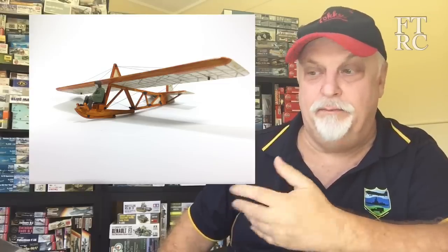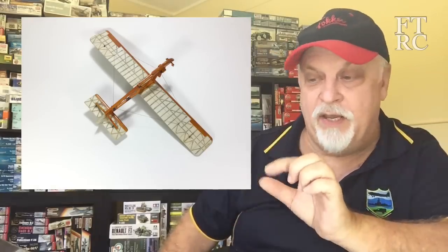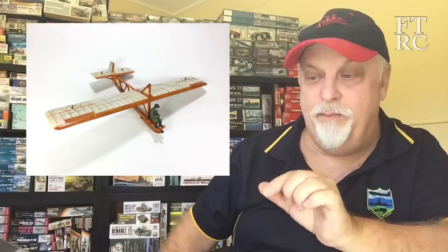Enough of that. Last on my list. Actually, I've got to the end of my list. Can you believe it? Well, this weekend, I finished this. I'd had this little glider for quite some time, and I got around to building it. It was only like 12 parts, and I'd modified the build a little bit to add some little actuators on the flaps so that I could